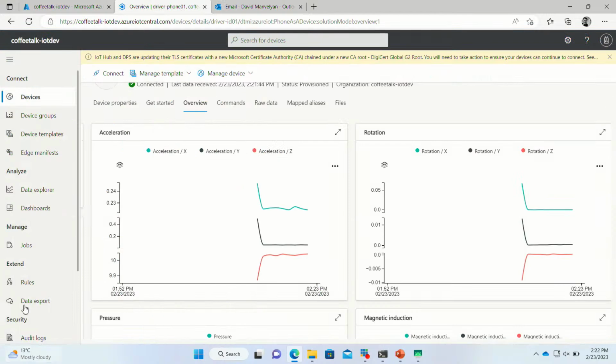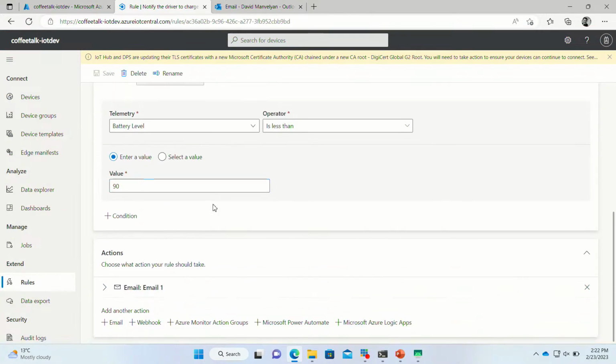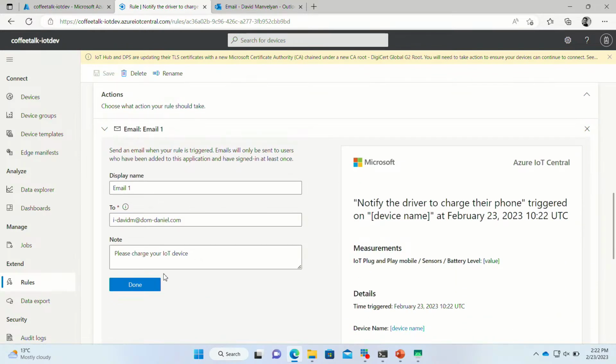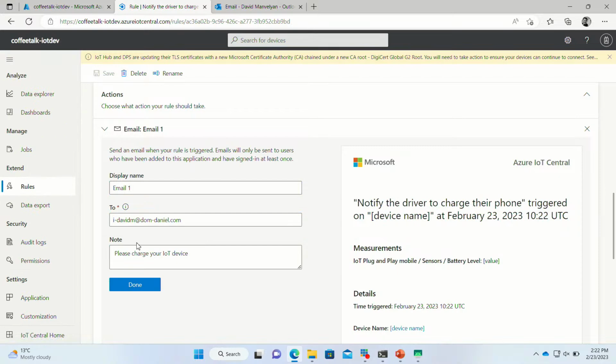Let's once again just check our email address if it's all right. That's completely all right. So we just need to wait a few seconds before we receive any email. Let's go